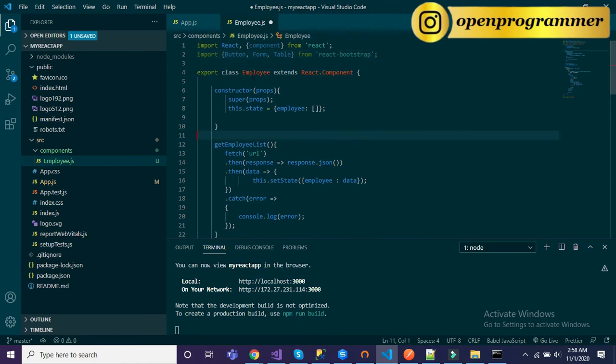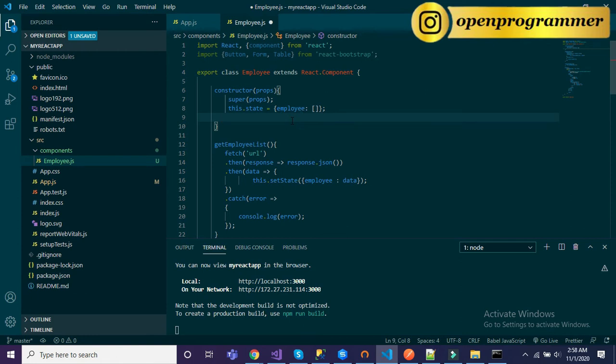After that, I have created a class component, which is extending React.Component. In that component, I have created a constructor which is accepting props, and then we have to call our super method, right? And in the constructor, I have created a state, and in the state we have employee as an empty array. So at the initial level, we have declared our employee as a blank array.